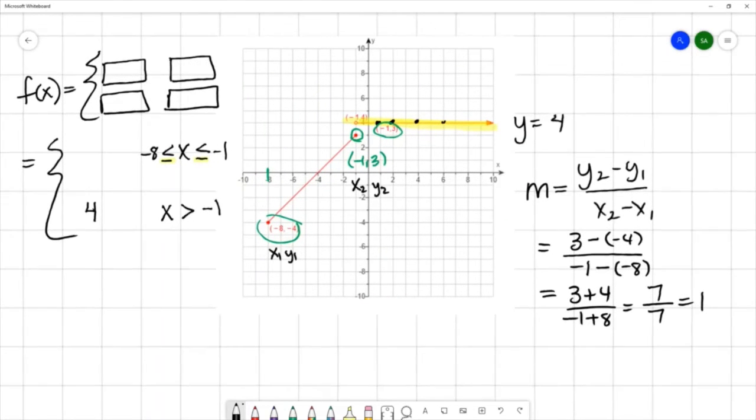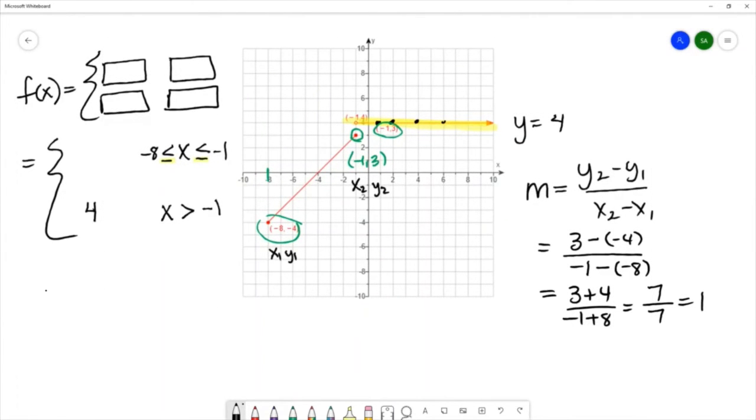And then I can use point slope form, y minus y1 equals m times x minus x1. I'm going to use the slope and either of the 2 points. I usually try to use points with smaller numbers because I can do the math in my head a little easier. So I have y